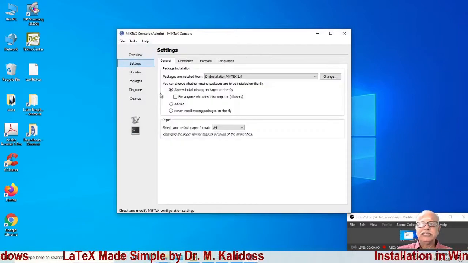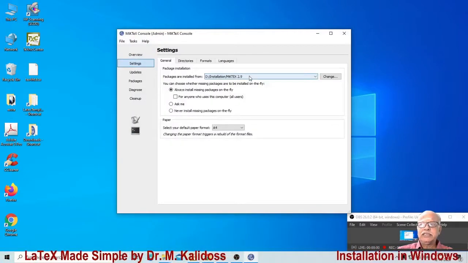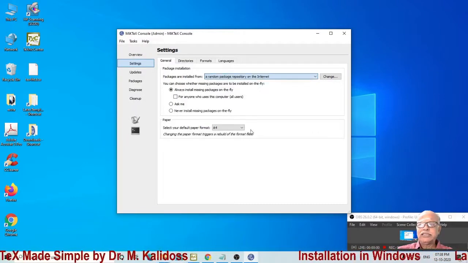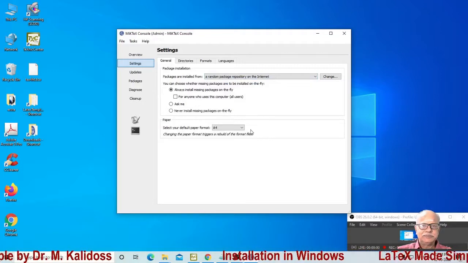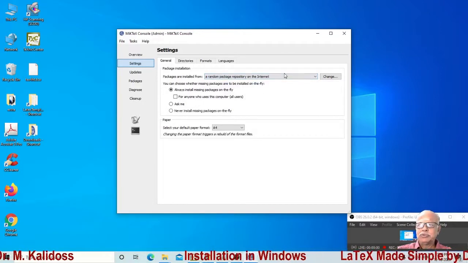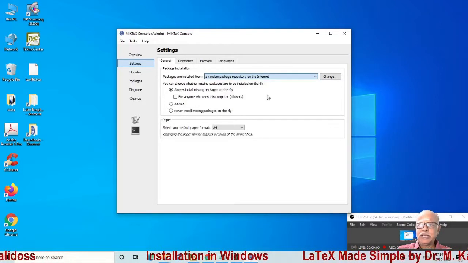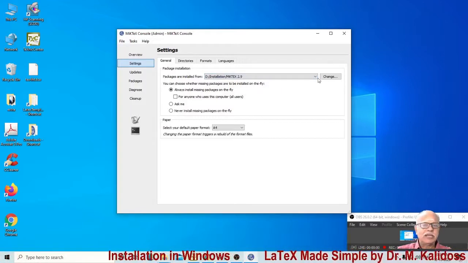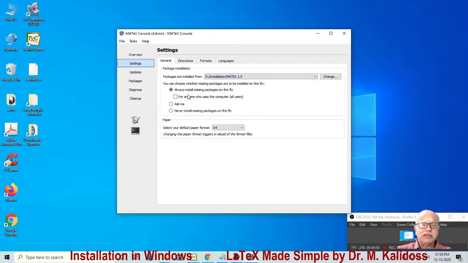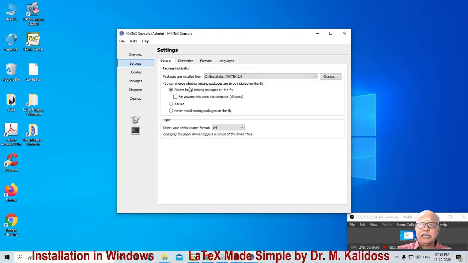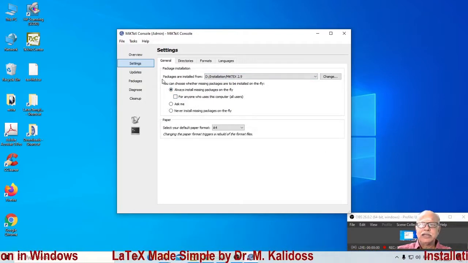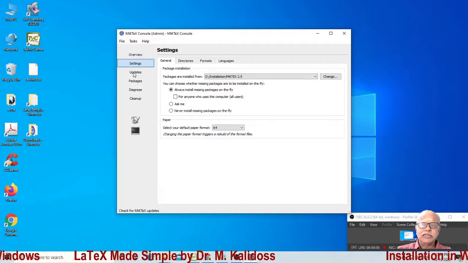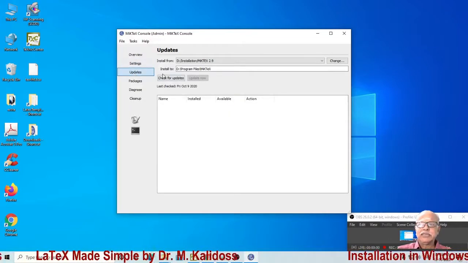Then go to settings. Initially, it will be like this, a random package repository in the internet. Now, you browse and give the folder where you have downloaded all the packages of MikTeX distribution, and then other things are already chosen. Now go to the next tab, updates.